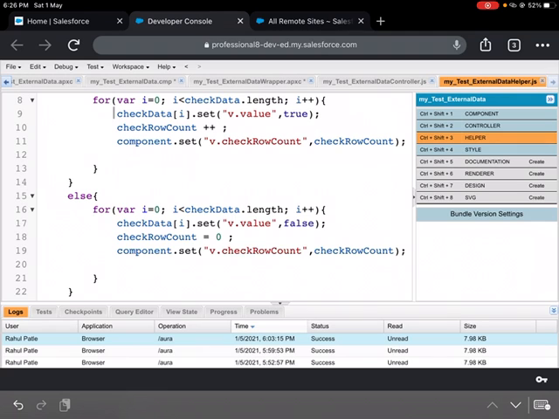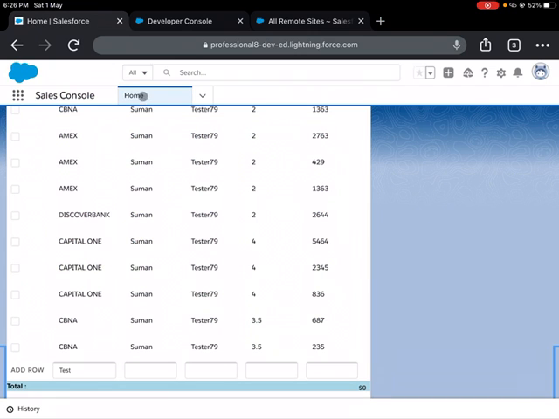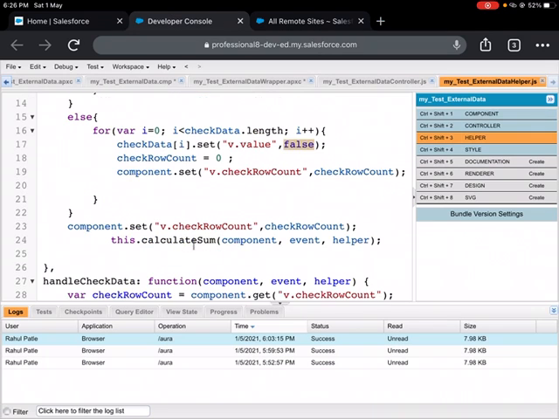So that's the same way where for the checked data, if it is checked, I'm setting all the elements of checked data or ID as true, and if it is not checked, in the else part, I'm setting all the element IDs having checked data as false, its value as false. So the checkbox is becoming false for them. So that's the other part.